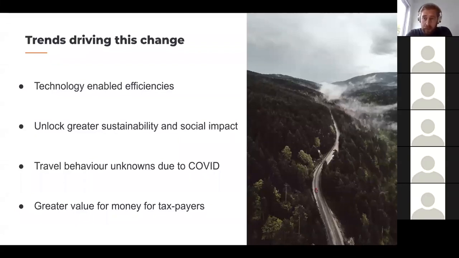Moving into, I guess, the current landscape and the impacts of COVID specifically on our society's travel behaviors. It's still a very big unknown how we are going to move around our communities in the future. So a lot of these services have been designed based on data from the last 10 years previous. But it's still a very big unknown if that's going to be the same going forward. And I think we'll see many previously economical fixed route services that will potentially be struggling for patronage due to the changing of travel behaviors going forward.